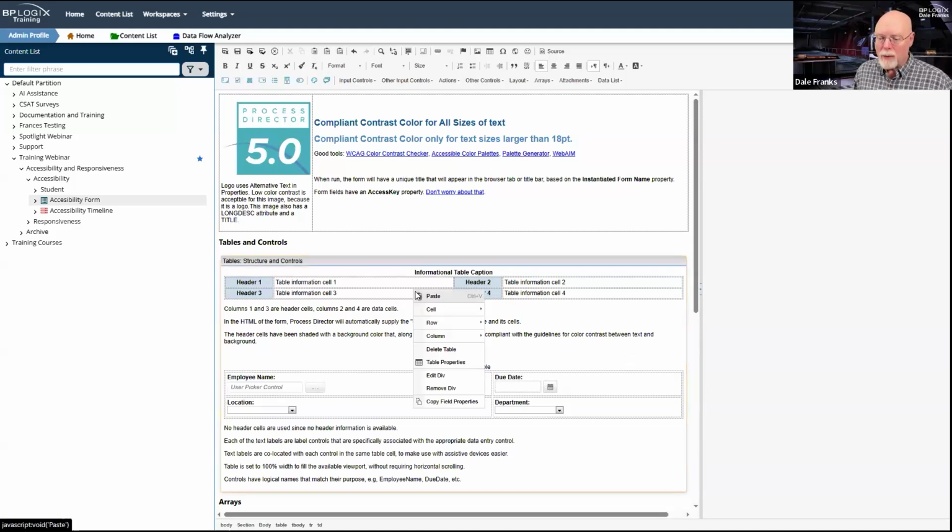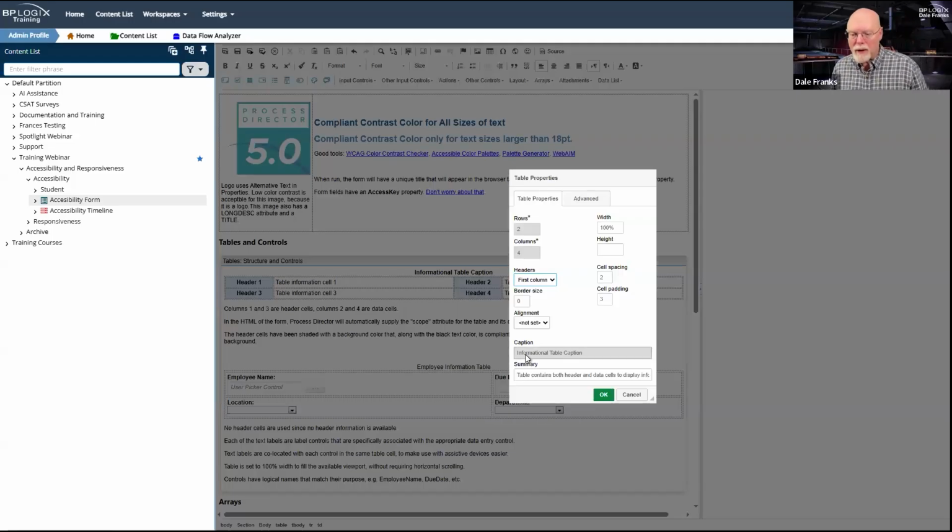Also, for tables, if we go to the table properties, you can see that there is a caption and a summary for the table cells. The caption shows up above the table. The summary contains additional information for assistive devices that describes the nature and purpose of the table and the data it displays.